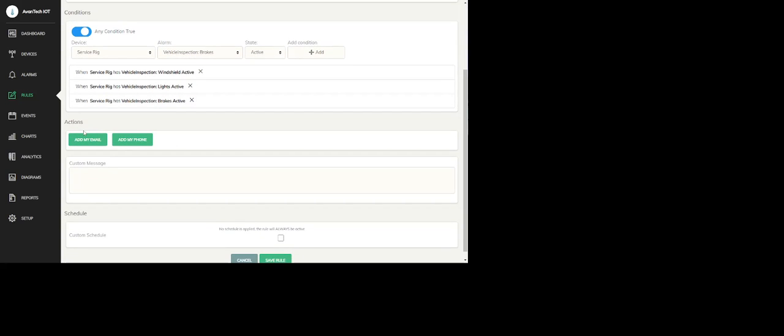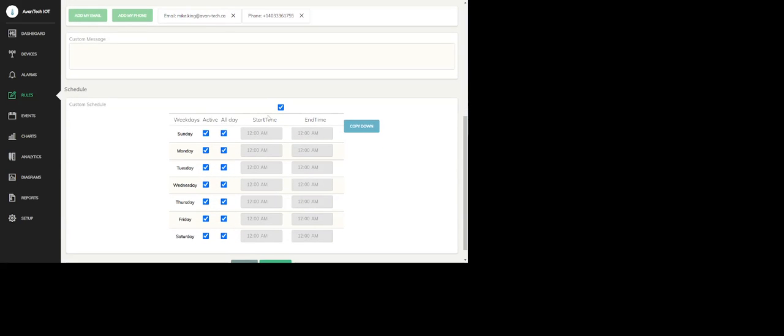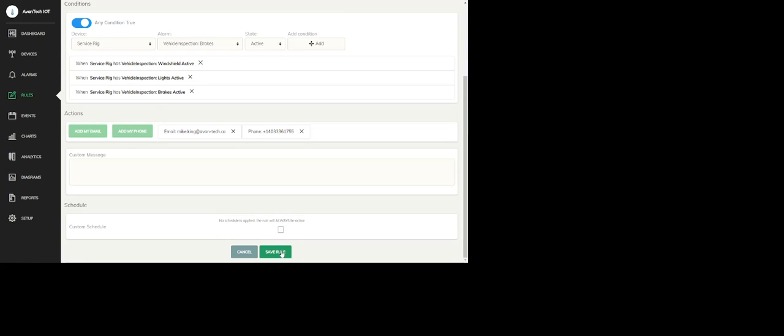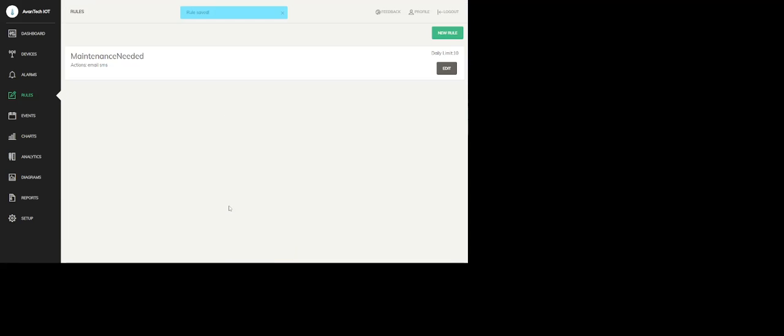And then I can set up what the action is. So I can say add my email and add a phone message, and if I want to customize the message, I can do that. As well, I can even set a schedule of when these rules apply. The default is that it's on active all the time, but you might want to use this to only monitor something on certain days or certain shifts, or maybe work days and not weekend. I'll just leave that off, save this rule, so that anytime one of these conditions goes true, I'm going to get a notification. So that's all you do to save it, and the rule's running, and everything now is active